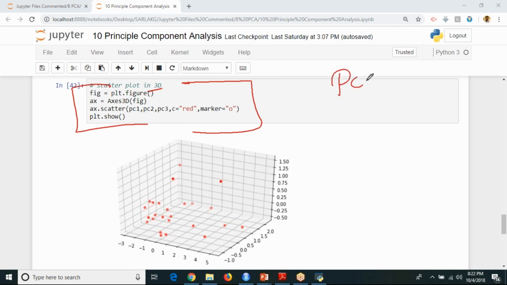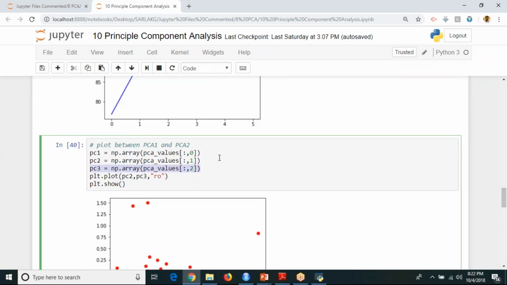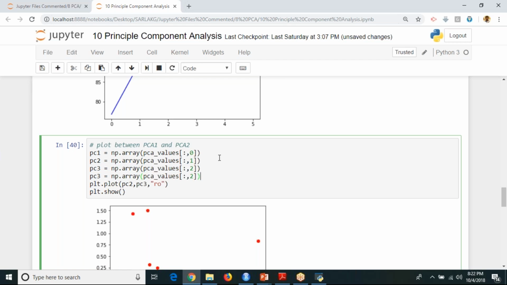Because we are having how many PCs? PC1, PC2, PC3, PC4, PC5, PC6. Now I create one more, PC4, PC5, PC6. Then what will be the situation? Consider this, I'm going to copy and paste it here. PC4 I'm going to create, just for example.